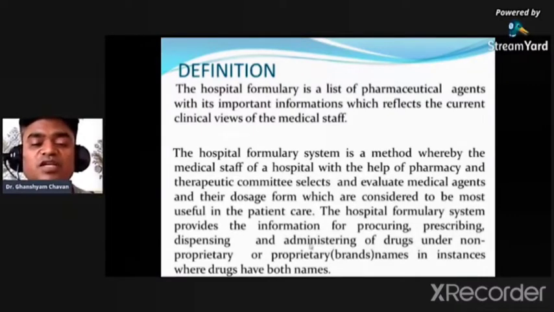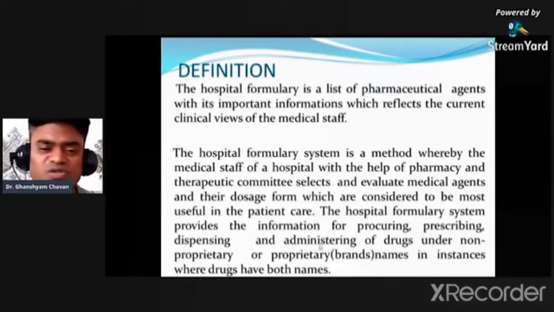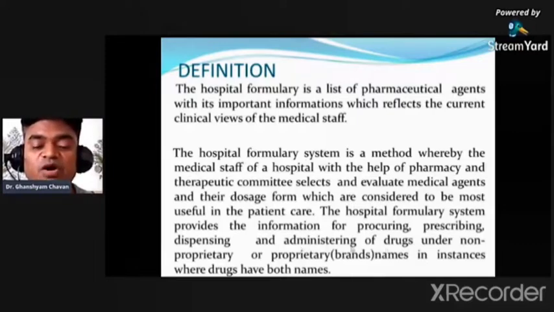Administration means how you will instill the drug, like an eye drop into your eyes, how you will give a subcutaneous drug like insulin into your thighs, or how we will plan the drip, meaning how we will give normal saline. In this way, or how we will use a depot, how we will release a controlled drug, how we will plan the NDDS, how we will give the intrathecal route of administration, how we will give a drug like ketamine or any anesthetic you are using.